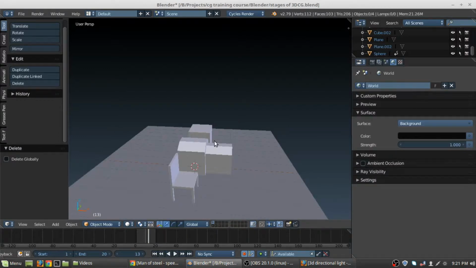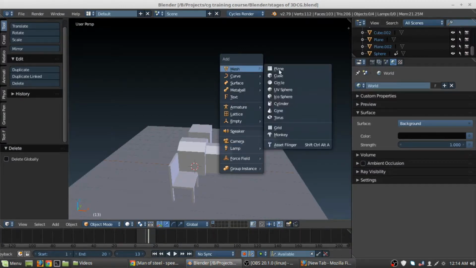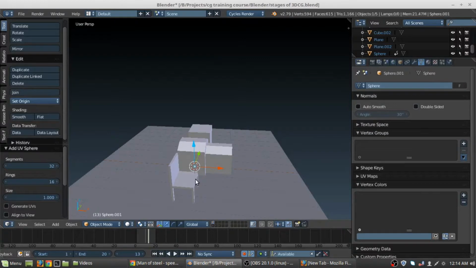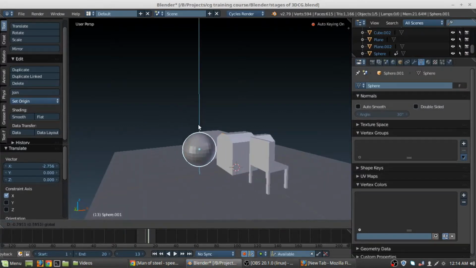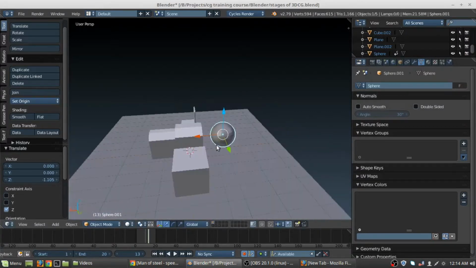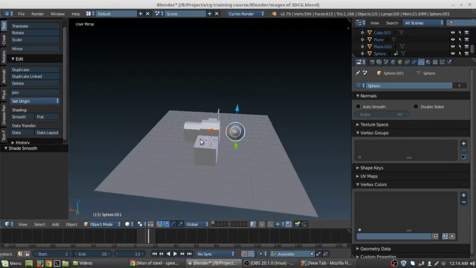Since we are done with explaining the lighting, let's just create real quick rendering from this. For this purpose, let's just create a sphere as another 3D object. Press Shift A to bring up the add menu and go into the mesh, create UV sphere. Bring it up and back a bit and place it down here. Smooth it out, and